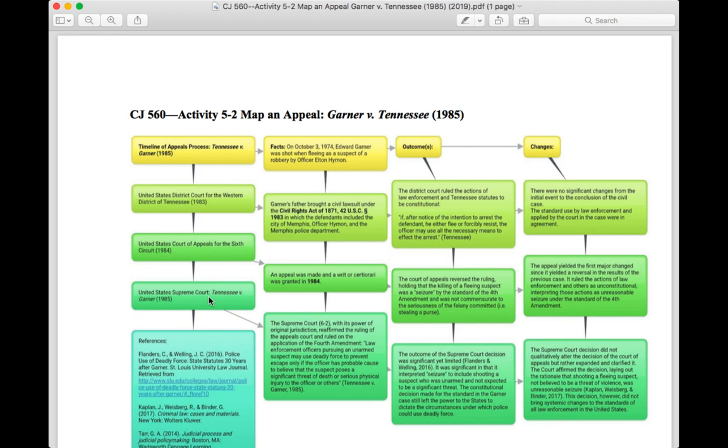The Supreme Court didn't render any qualitative change to the decision of the Court of Appeals, but rather expanded and clarified it. The court affirmed the decision, laying out the rationale that shooting a fleeing suspect not believed to be a threat of violence was unreasonable seizure. And this decision, however, did not bring systemic changes to the standards of law enforcement in the United States. And that's not to say that those systemic changes may not be needed, but that it should be decided by 6 justices on the Supreme Court by fiat